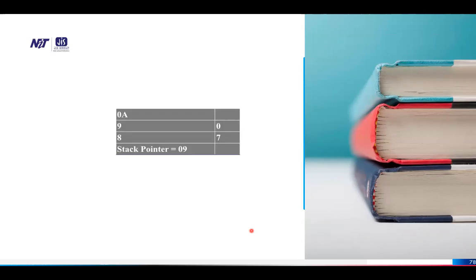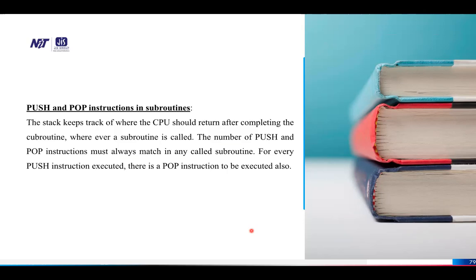So it is 0A, it is the stack over there, then 9, then 8, the stack pointer is 09 and it is shown over there. Push and pop instructions in subroutines. The stack keeps track of where the CPU should return after completing the subroutine.